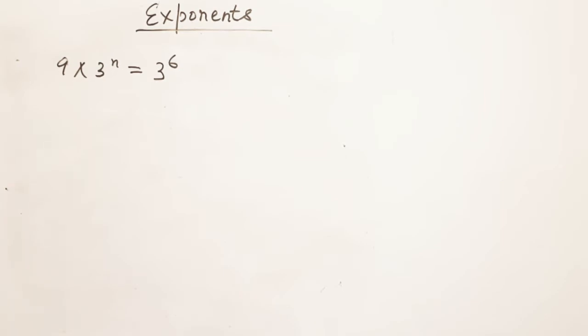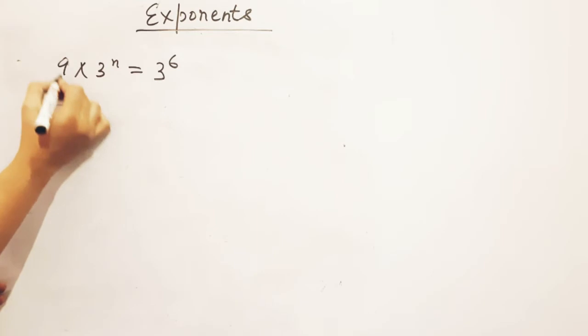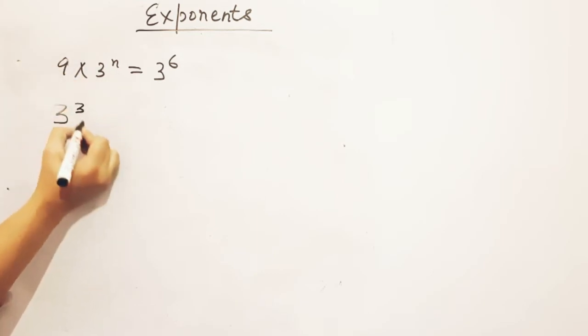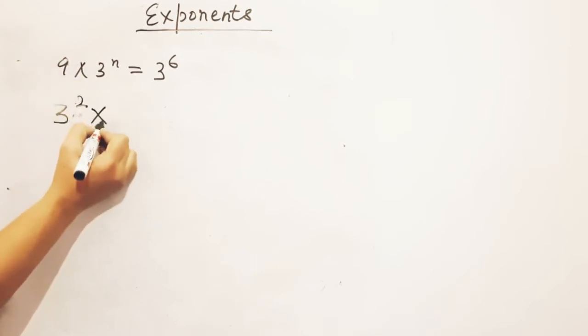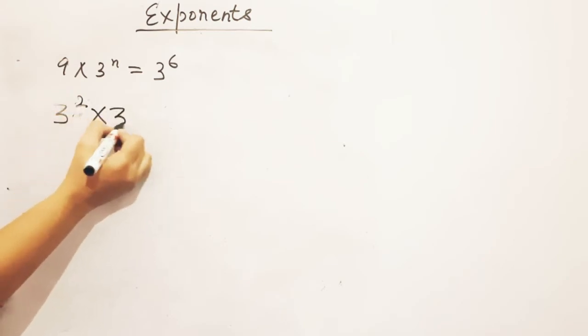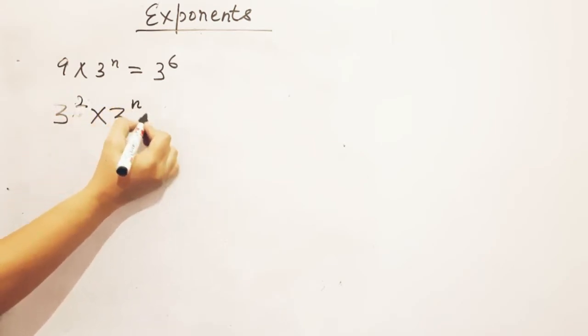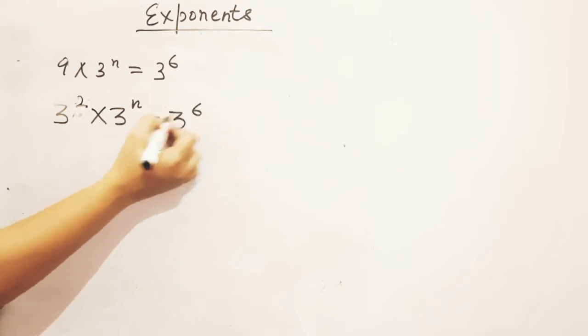जैसा कि हमने आपके क्वेश्चन में किया था, that question was exercise 5A, question number 18. In that question, it was not possible to make the base same first. So firstly, we have made the powers same and then we have made the base same. Okay? So now in this question we can easily make the base same क्योंकि 9 can be expressed in the power of 3. So we all know that 3 to the power of 2 is 9 because 3 3s are 9. So 3 to the power of 2 multiplied by 3 to the power of n is equals to 3 to the power of 6.